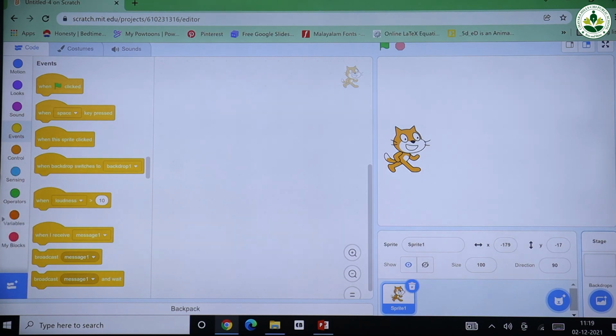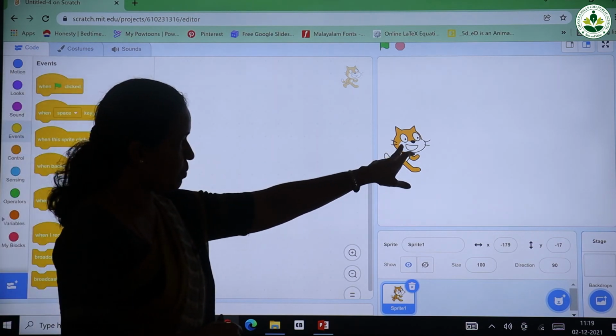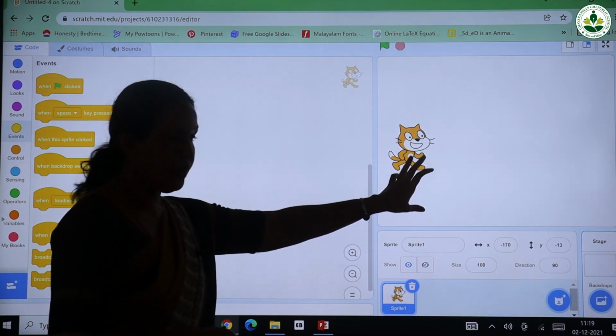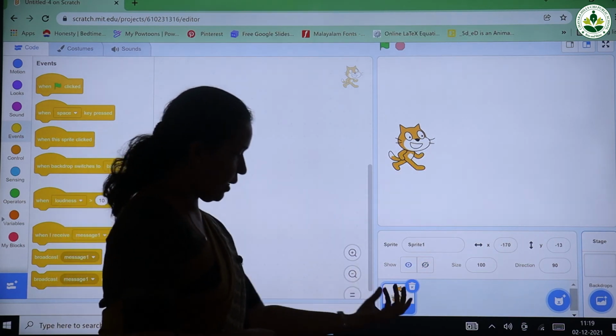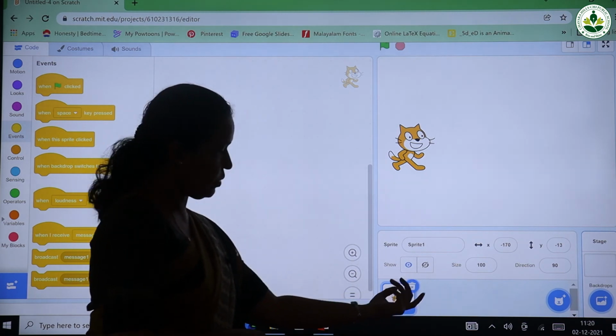Then here is the blocks palette, then the sprite area or script area, this is the sprite. This is the default sprite in the Scratch window. If we need to, we can add more. Here you can see the sprites, and the number of costumes.